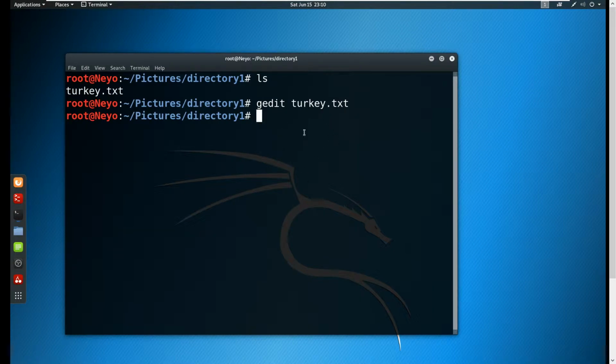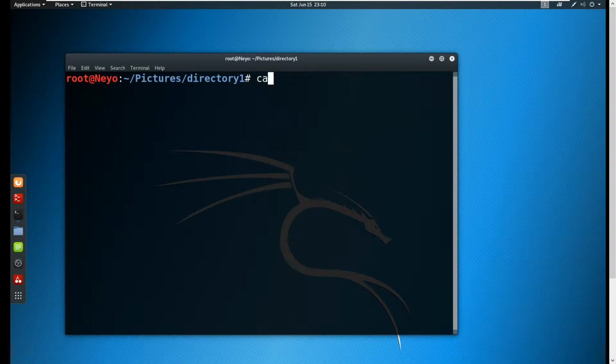Now, if we're going to use the same command earlier in order for us to check the contents of turkey.txt, we hit cat, and as you can see, it outputs hello world. Now we can do the same thing again if we want to re-edit it. This time, instead of gedit, we're going to use leafpad. It's technically the same software, or sorry, same application,